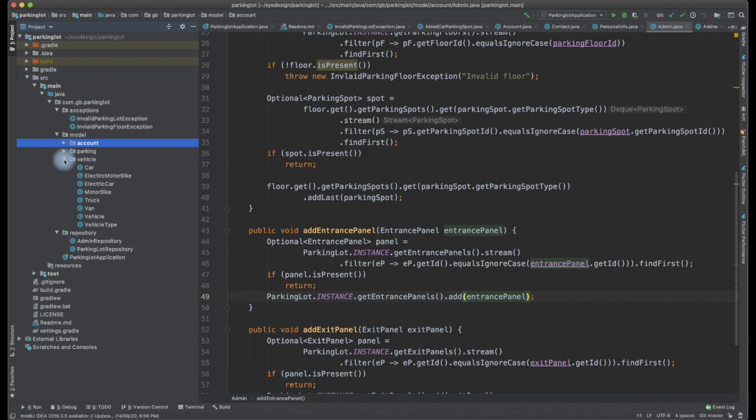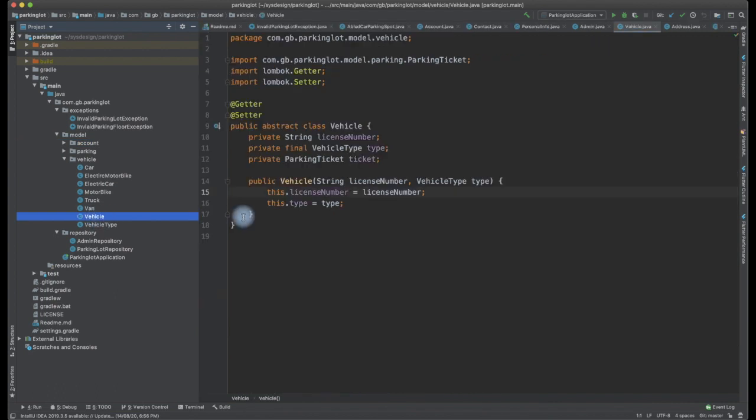What are the models with regards to vehicle? We will look into it. So I have modeled an abstract class called vehicle, and every type of vehicle, which is car, bike, motorbike, van, truck, every other model is going to extend from the vehicle. So we might need to capture the details of the vehicle which are required for this solution. So let us look into what are those properties.